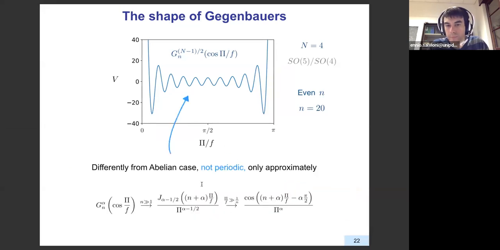So yeah, the other thing I wanted to say is that, differently from the billion case, this is not periodic, of course, although there is a sense in which it's approximately periodic in this middle region. So a little far from the first minimum, you can expand it and find that it approximately does behave like cosine of n, as shown here, okay?